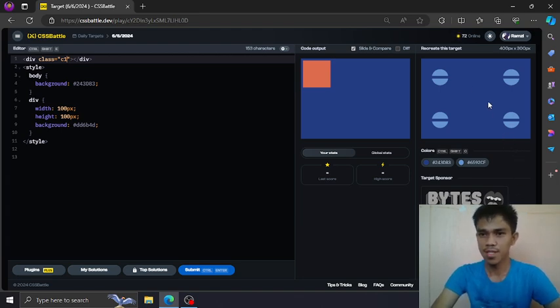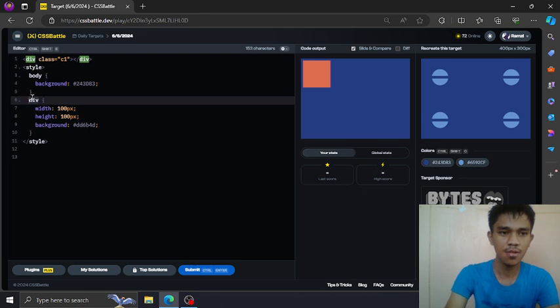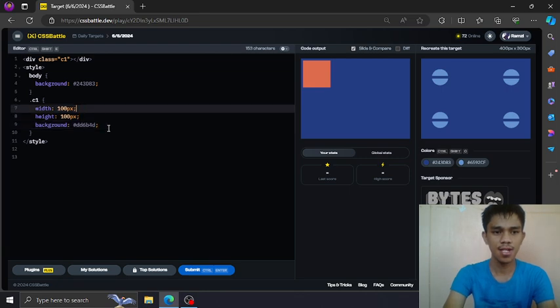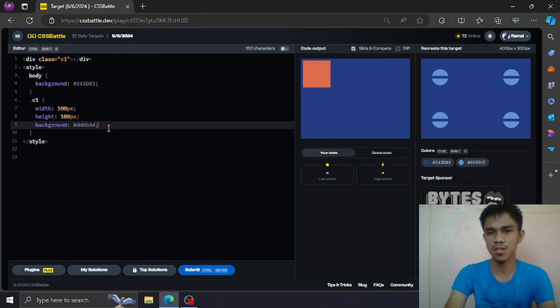Let's start with the top most left corner. So this one, the top left circle. So this is now C1. So it has a size, it has width, and it has height, and a color of like something red orange. What's this color, by the way?